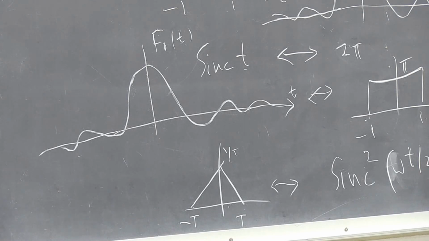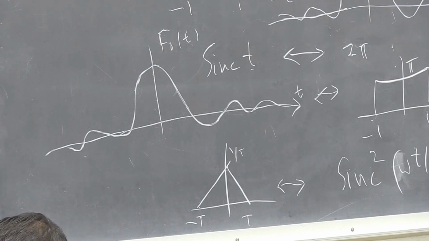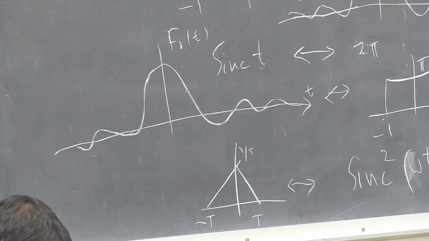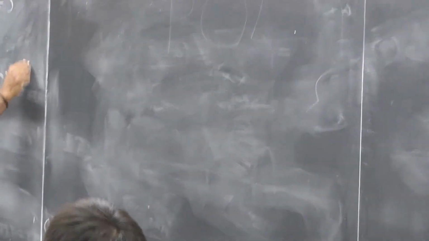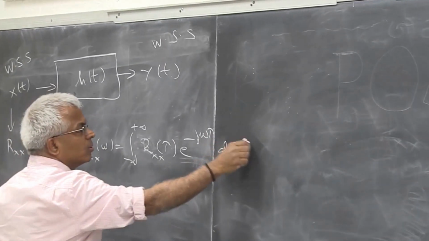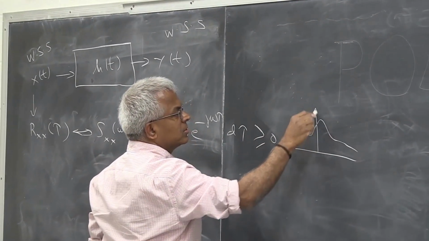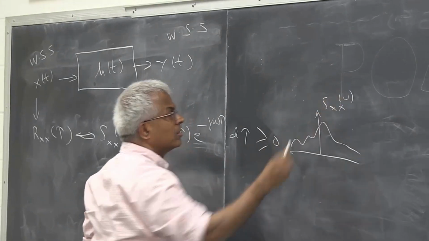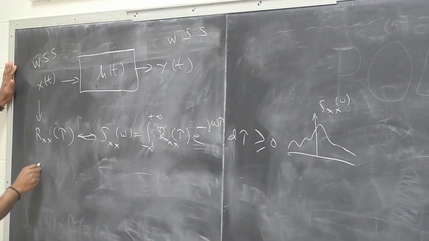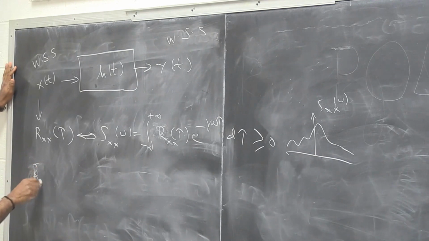So let's just finish it up by looking at this problem. Let's apply these things. If it is a wide-sense stationary process, you have an autocorrelation function Rxx tau, and it has its own power spectrum, which is the integral from minus infinity to plus infinity of Rxx tau e raised to minus j omega tau d tau. We know the power spectrum is positive, so let's say it's something like this. We have learned all this, right? You have the cross